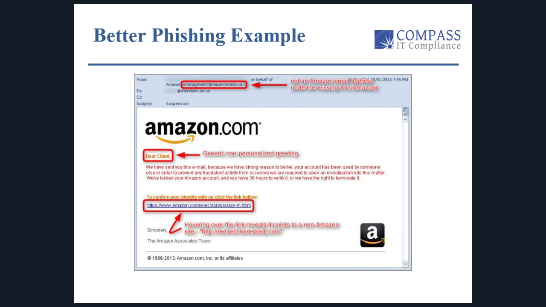The next one, this one right off the bat, you see the big, beautiful Amazon.com icons, and it looks and feels like it's from Amazon. Again, at the top, you'll see the from field. It's a non-Amazon email address. It may seem like it is, but it's not really an Amazon address. That's one indicator. The action it wants you to take here is click on this link.